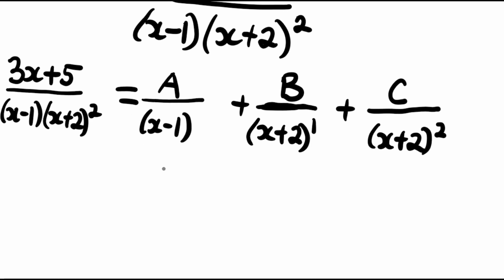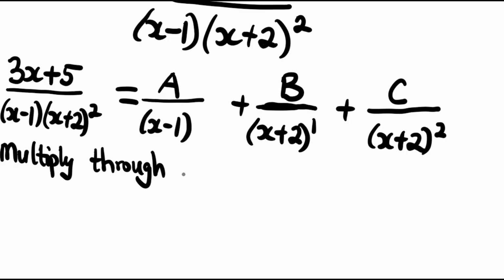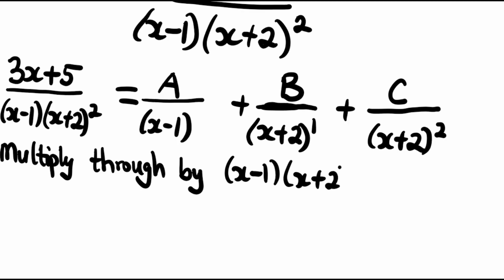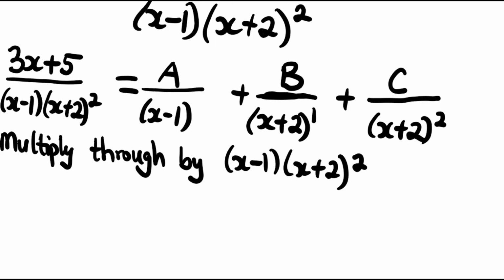Now let's continue. With that, we need to multiply both sides through by the entire denominator that we have here, x minus 1 times x plus 2 squared. If you multiply through with that, the whole denominator will be cancelled. So you have 3x plus 5 here, which will be equal to